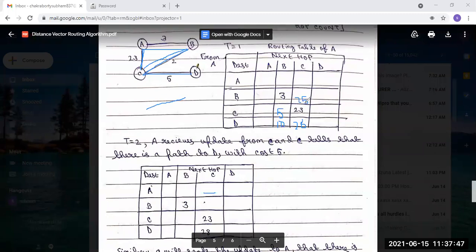Now you see the A routing table has been completed. Same as in the case of A's routing table, this will be present for the others. These updates will come and that's how they will update it. The C routing table will also do that. Like this, an update came and it will update its own routing table. Same for the D routing table, an update came and it will update its own routing table like that. Okay.